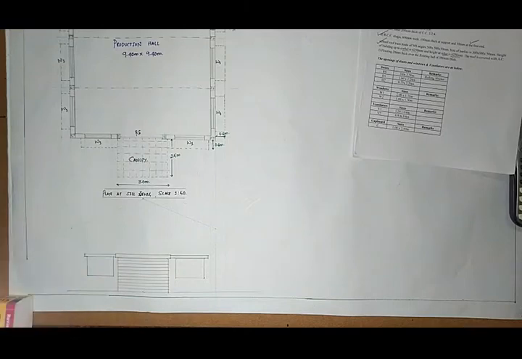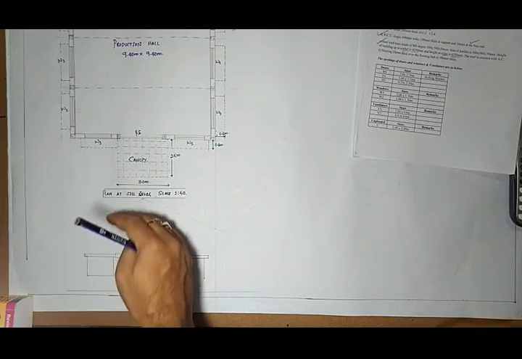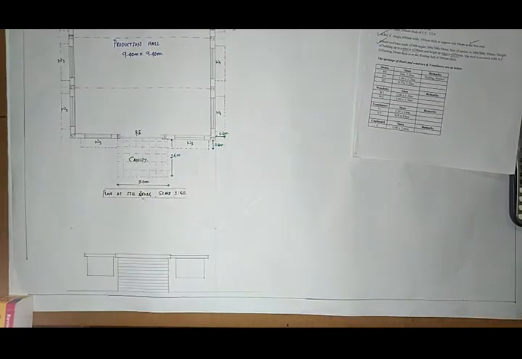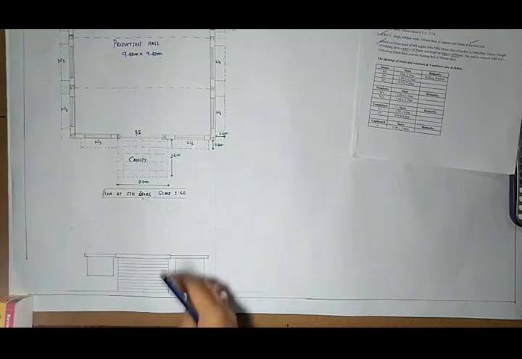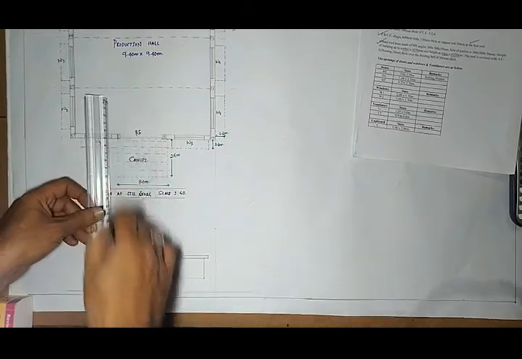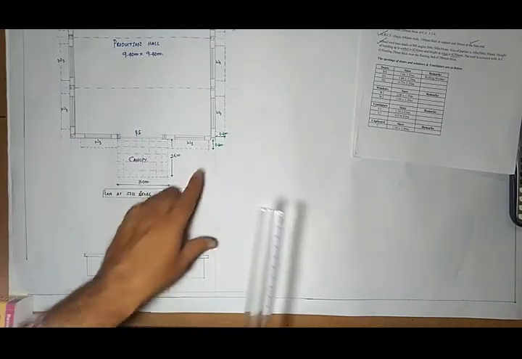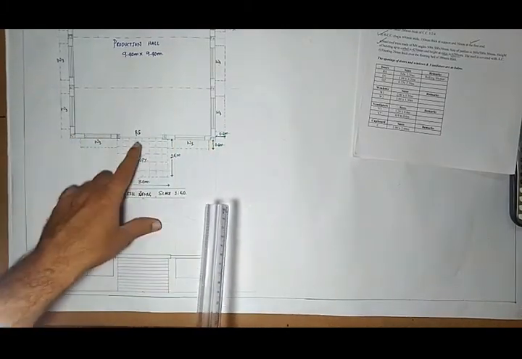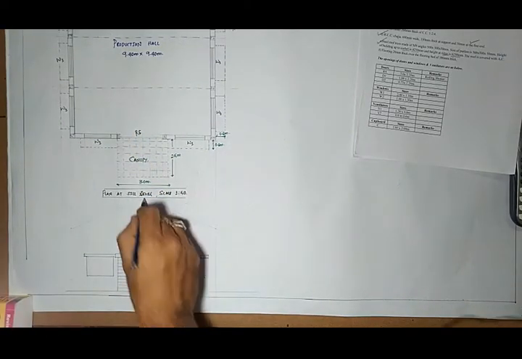Elevation means this elevation can be prepared in such a way that an observer or viewer views it from this end. That means we have to stand here and observe everything, and those things must be incorporated here. So we can project these window lines, and even these window lines have been projected. Here it is very important to have the height of the building at this end and the height of the building at the midpoint. It is the ridge line. So this is the ridge point, which I have shown here.